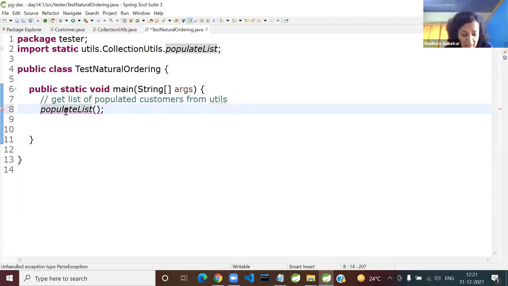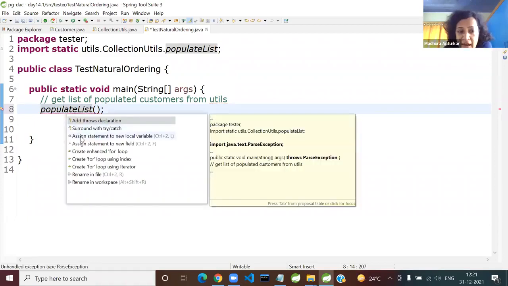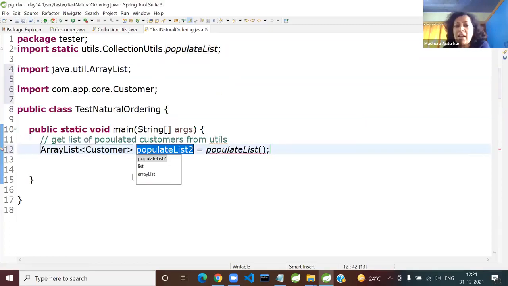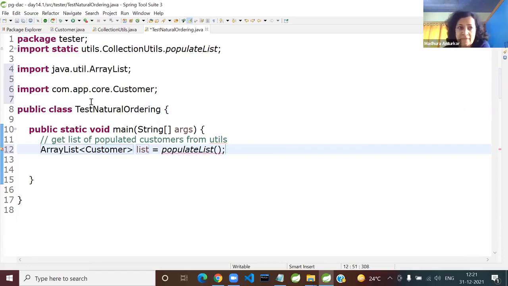Ignore the compiler error. Here you say control 1, and assign the statement to a new local variable. Pick up the third option. I'm just reducing your typing. Since it is an unhandled exception, everyone remembers throws.